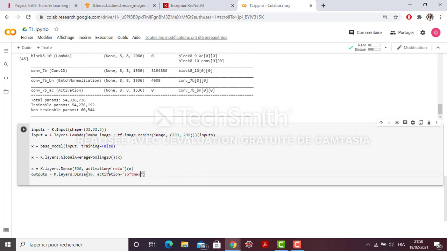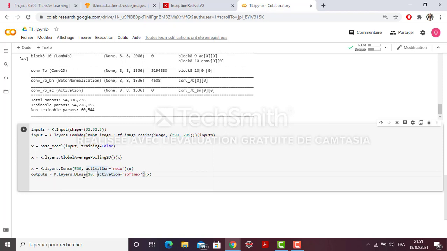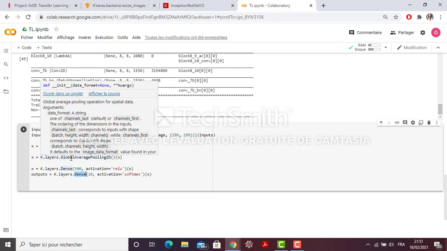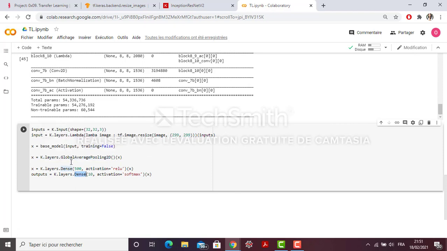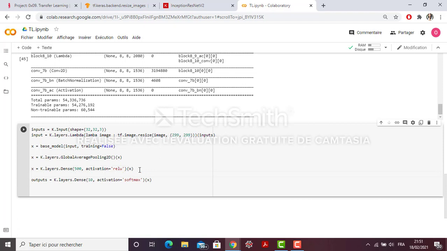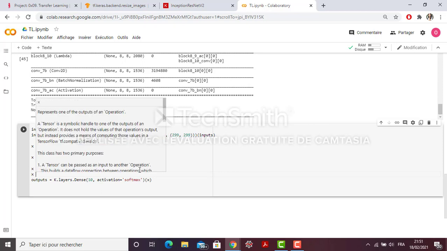I started by adding only the output layer after the global average pooling layer. It gives me a good result, but when I add this layer, the result was a little bit better. If I added a third layer, the results wouldn't improve anymore. So I choose to leave it with these two layers.